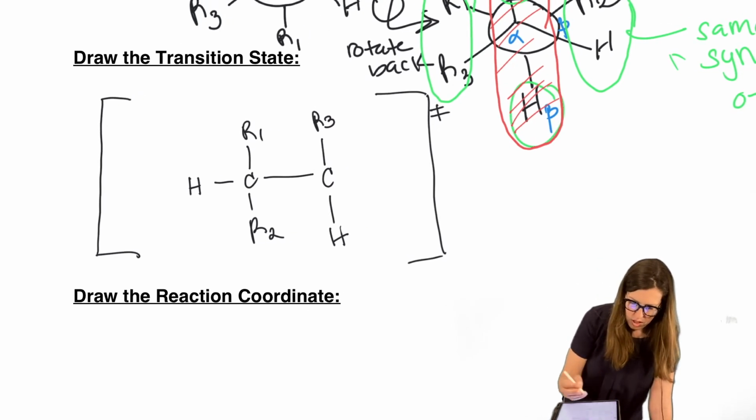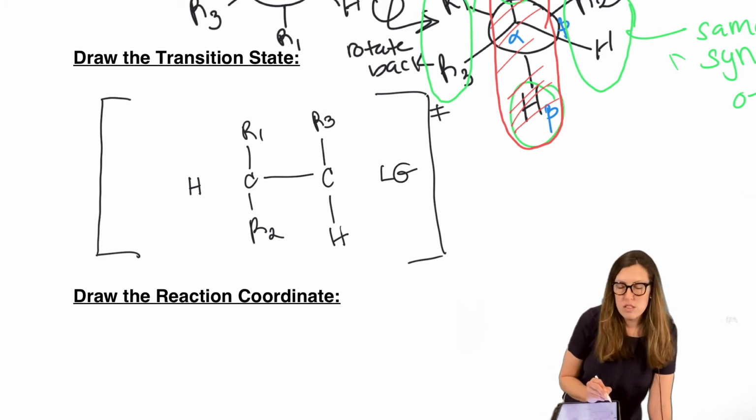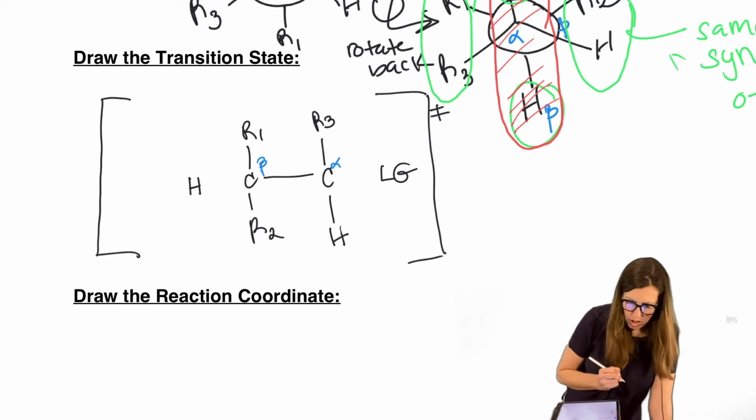Now let's draw our leaving group. I'm actually going to erase this one because I should have drawn a dotted line. Remember, the H is breaking its bond. So I'm going to draw the leaving group. All right, so here's our substrate, and we made sure that our alpha carbon is drawn. Alpha carbon has the leaving group, excuse me. Beta carbon's there. Who's going to take the beta? So this must be H beta.